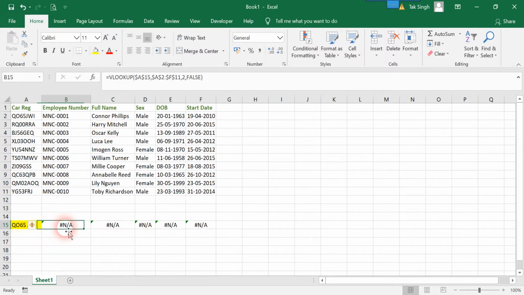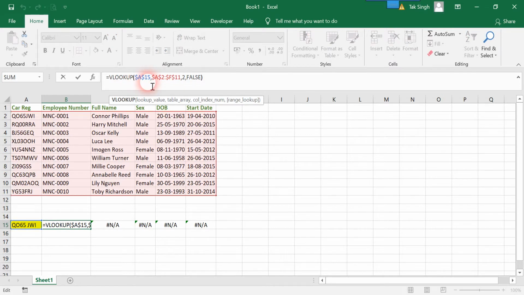To do that, in our VLOOKUP function over here, I'm going to put my absolute A15 reference inside another set of brackets. By now it doesn't affect the function at all, but now I'm going to call another function, that's SUBSTITUTE.